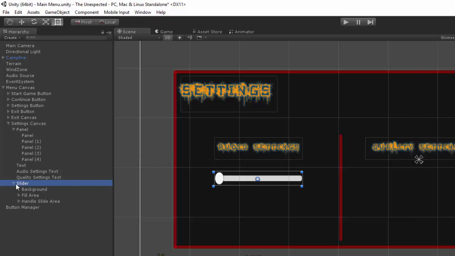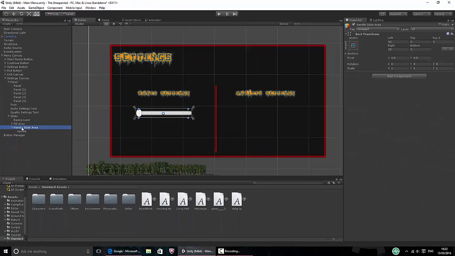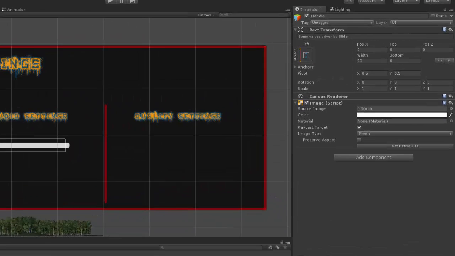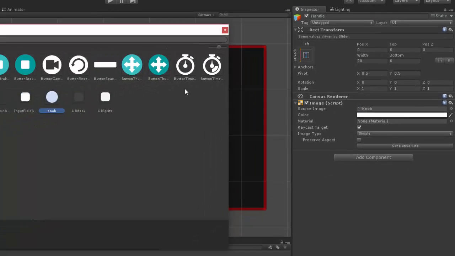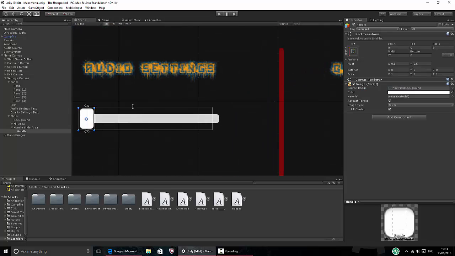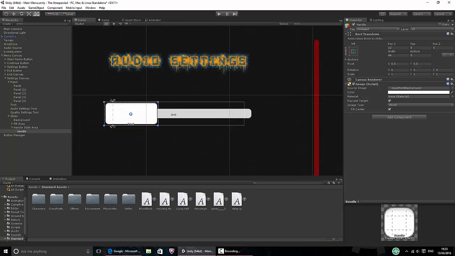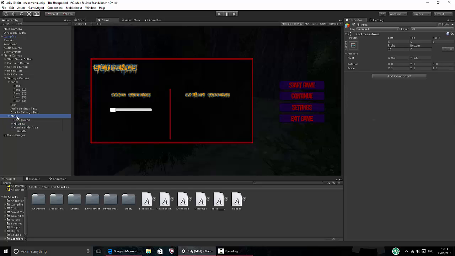Alright, for the slider, you've got the background area, the fill area, and the handle area. And the handle itself is a circle. I'm gonna change it by pressing here. These are the Unity ones, and I will select this one for example. And now it's different. You can resize it to whatever you want. I will make it, yep, that looks good. That looks fine to me, just like that. Now to make it look nice,